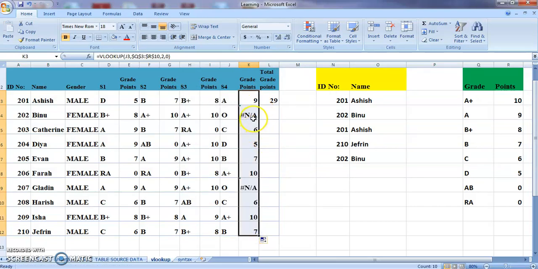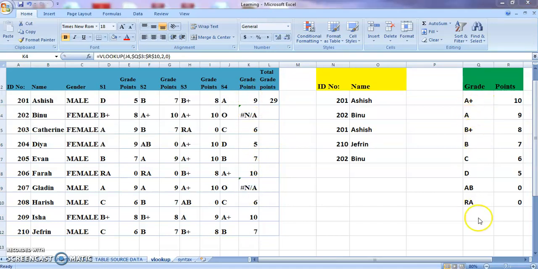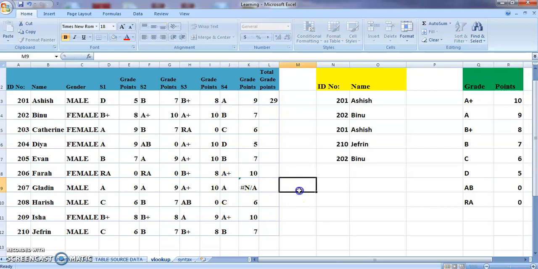Now can you see a difference? There are two values which show not applicable. Because our table array doesn't have a grade called O itself. If I am going to make it as B, now you can see here, immediately there will be a change. Similarly here I am making it as A. You can see the change here. So this also you have to take into consideration. All the lookup values, whatever you are making as a condition, should be present in the table array.